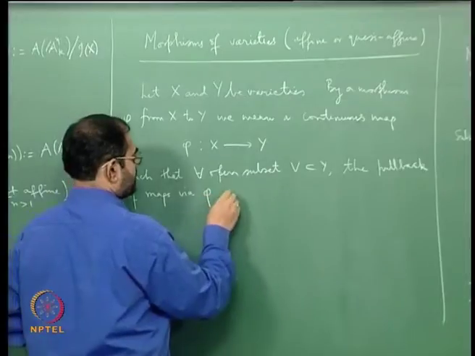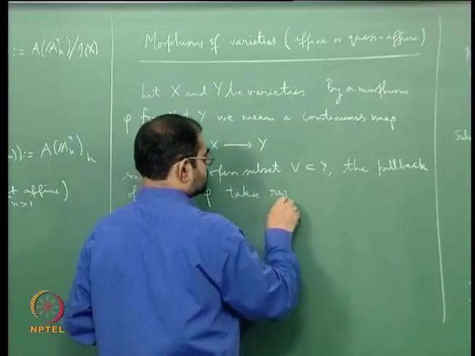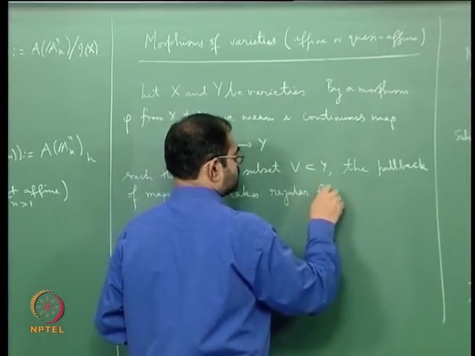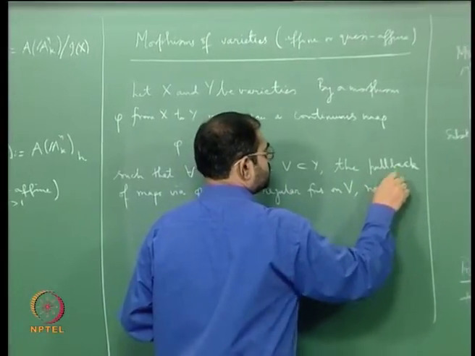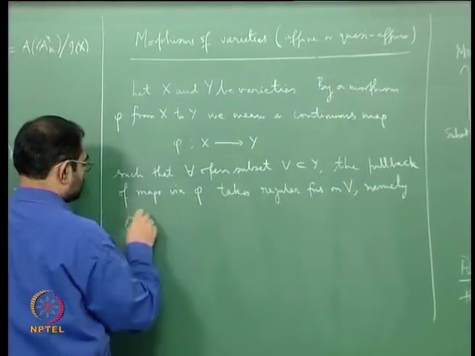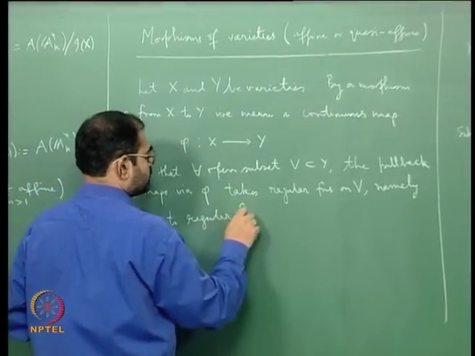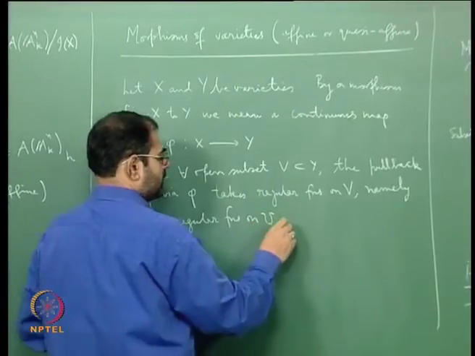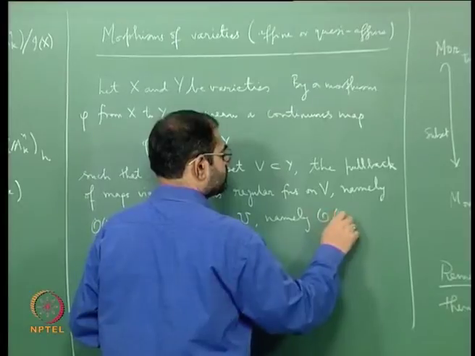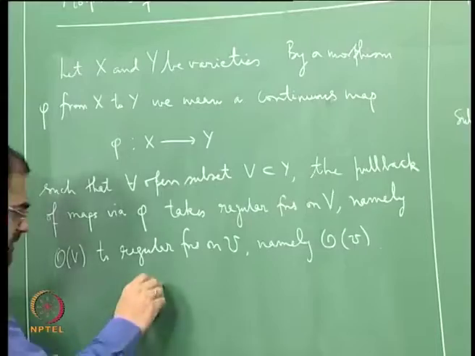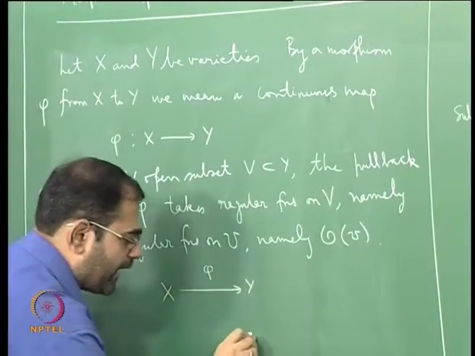the pullback of maps via phi takes regular functions on V, namely O(V), to regular functions on U, namely O(U). So the diagram is like this: here is X, here is Y, here is phi, and here is the